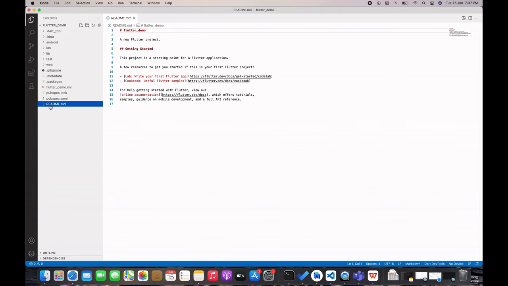README.md. The README.md is the markdown format file which is primarily used to describe your project in a Git repo. You can write project specific things like what your project does, how to use certain libraries in the README.md file.